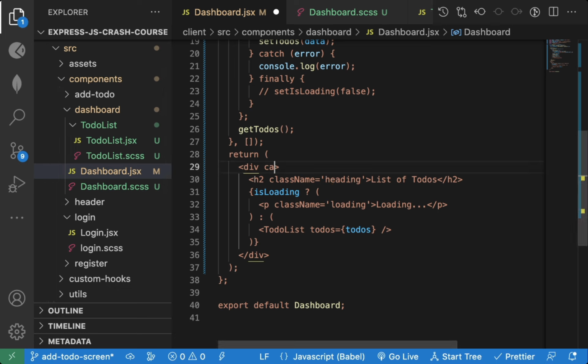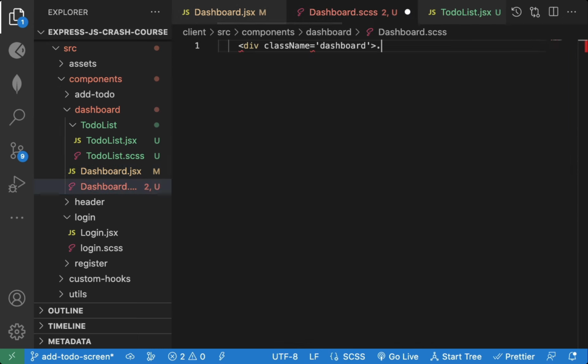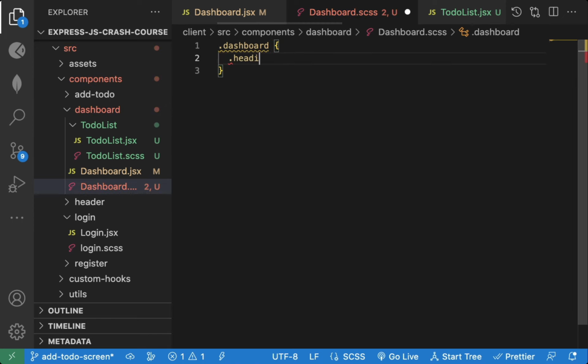Here let's add class name, parent class of dashboard, because this is a dashboard page. So everything now will go inside dashboard. And inside dashboard we have heading. This heading I can add padding 1 rem,